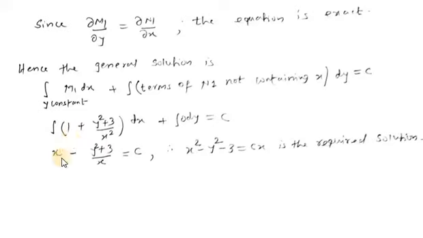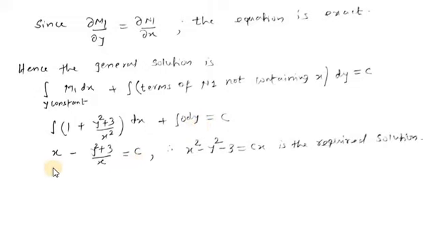Now integration of 1 with respect to x, answer is x, and y square plus 3 is constant, and integration of 1 upon x square means integration of x raised to minus 2, so that is x raised to minus 1 by minus 1. Writing it in simplified form, it will become minus y square plus 3 by x, and 0 is eliminated over here. It is not considered because integration of 0 is 0.